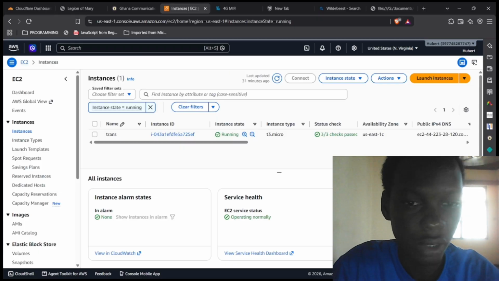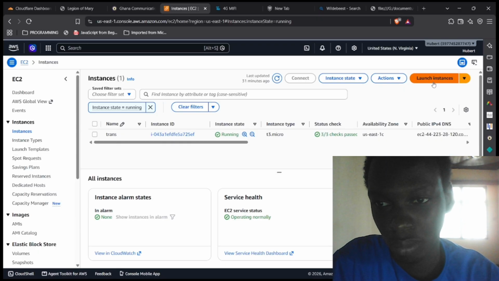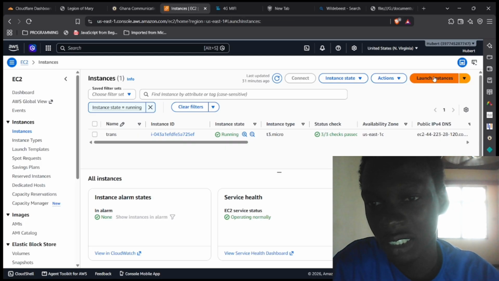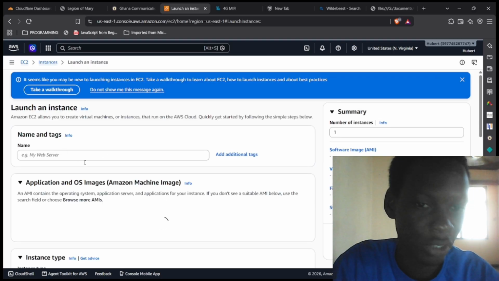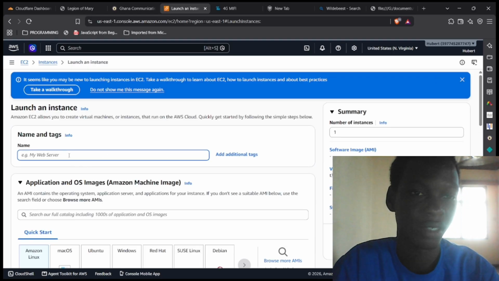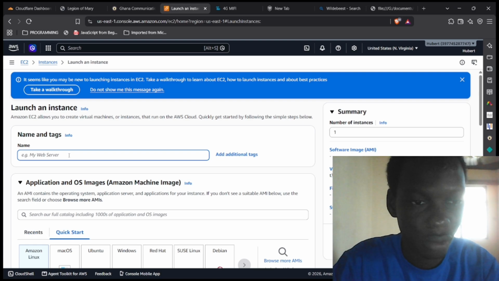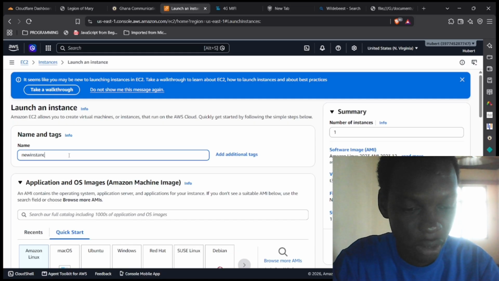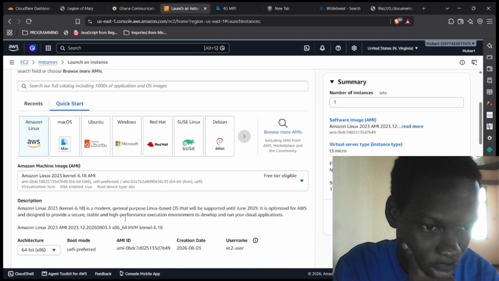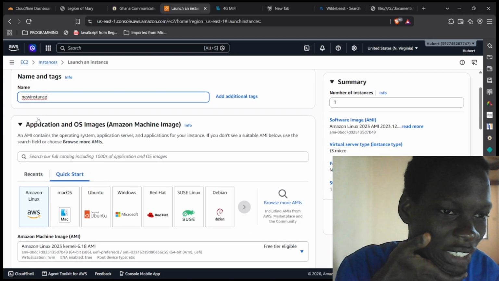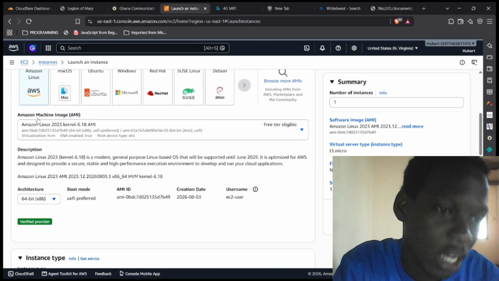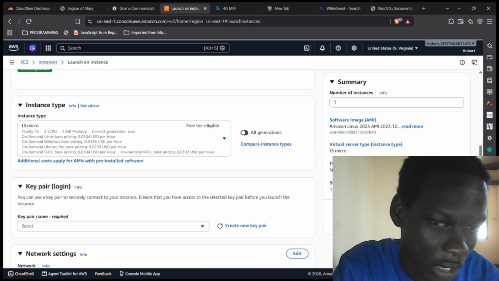So first, in order to create one, you have to go to launch instance here at the top, allow it to load. Then you name your instance, maybe new instance. Then you select, I prefer using the Amazon Linux as the application and OS image. And then you come here, instance type,